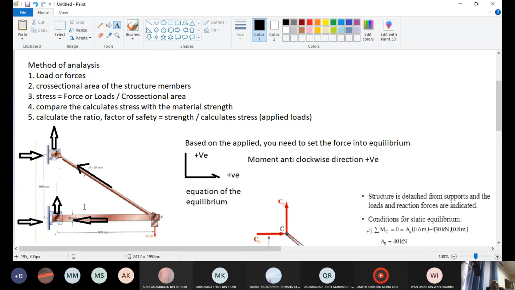Equilibrium means all the forces acting everywhere will sum up to 0. You need to have balance. Without 0, you're not able to get it balanced. So all the forces here, 30 kilonewton, been placed here. And this 30 kilonewton will be